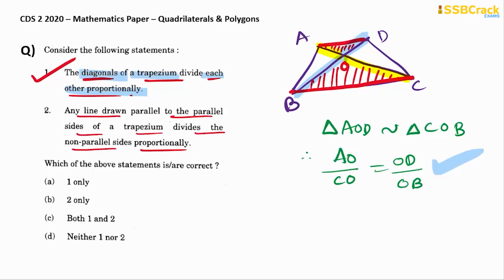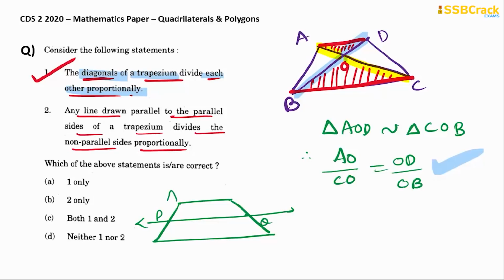But what about this second statement, wherein you have to consider a trapezium again, visualize the trapezium again, and there you have to consider a line joining 2 points on the non-parallel sides. So this is a line. Okay, so we name this line PQ, and let's say our trapezium is ABCD only. Alright, so this is known to us. So what they are saying is that if there is any line drawn parallel to the parallel sides, because here we have drawn PQ parallel to side AD, parallel to side BC, right? So we have drawn this.